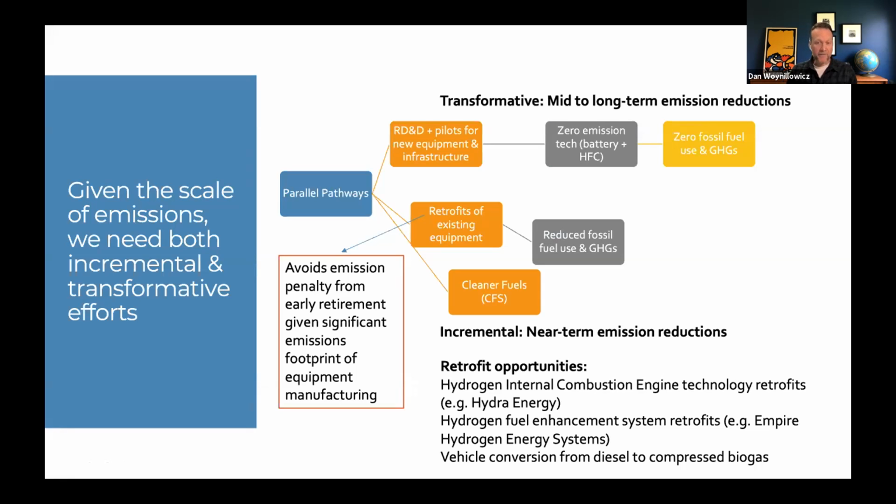So there's significant opportunities for retrofits of existing equipment. There are hydrogen internal combustion engine technology retrofits, where you take an existing piece of diesel equipment and add a bolt-on that can both reduce emissions through enhanced efficiency, but can also reduce operating costs. There are a variety of hydrogen-related technologies, or else you can go full-scale vehicle conversion from diesel to